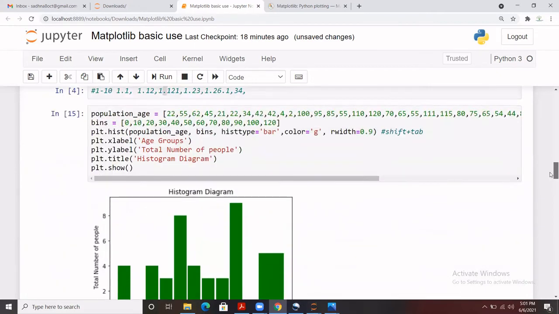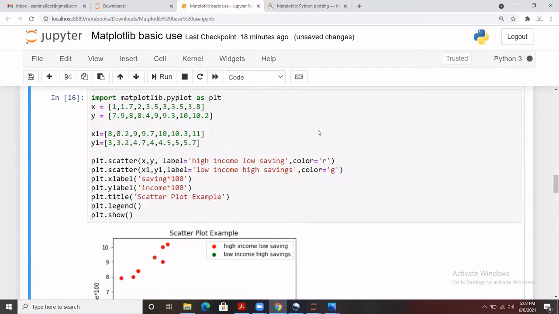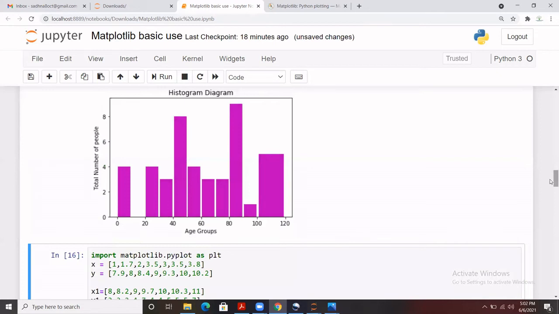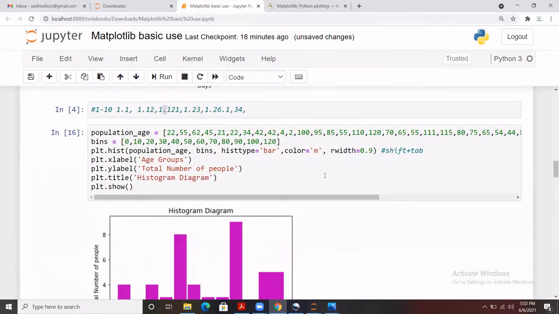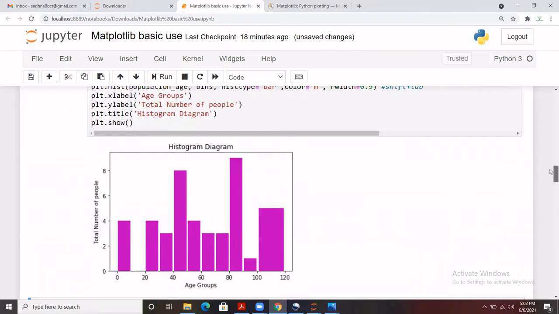I haven't mentioned the color, but here it has taken the default as blue, and now I have given G, so it has taken green. And if I type M, it will take magenta and so on. This is how we can make changes. Now let's move to the bins that we have created. If you look into the data, the maximum values lie in this group.